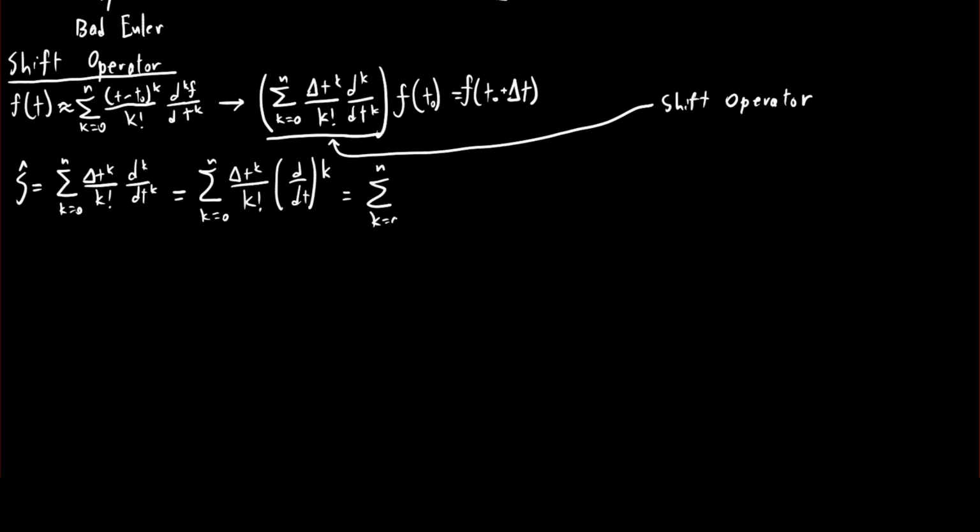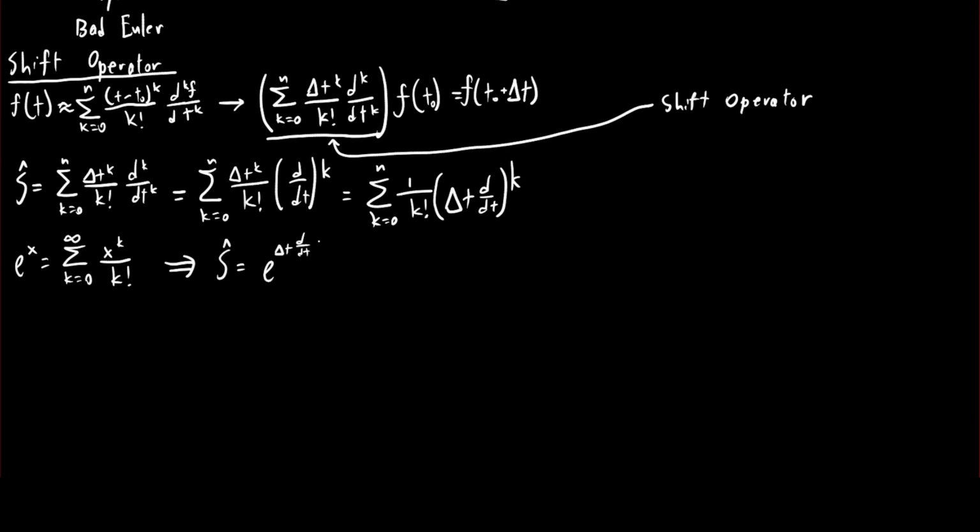If delta t is a constant, then we can combine it with the differential operator, which becomes us taking powers of delta t times d dt. If you know your common Taylor series, you should be able to recognize this as e to the x, but with x replaced with delta t times d dt. This is the usual form of the shift operator, and it's what you'll see in basically any discussion of symplectic